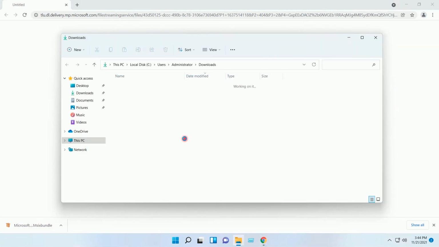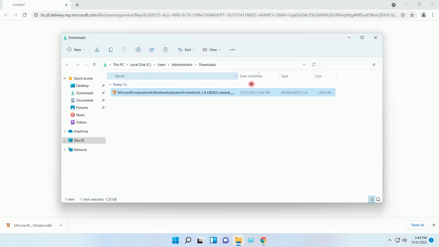Download completed. I will go to the download folder. And this is the file which we have just downloaded. I will close the browser.